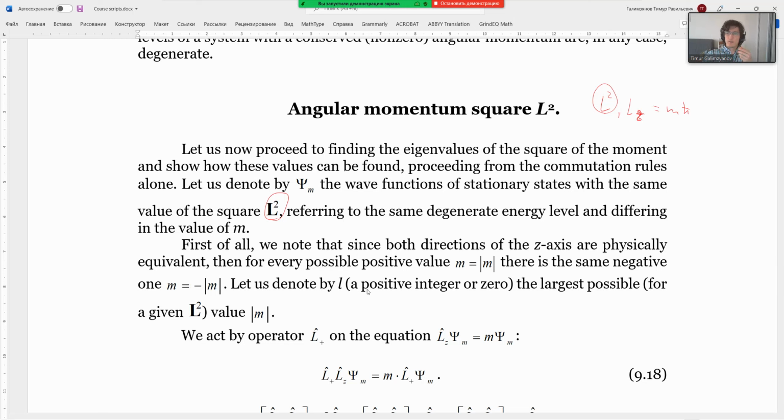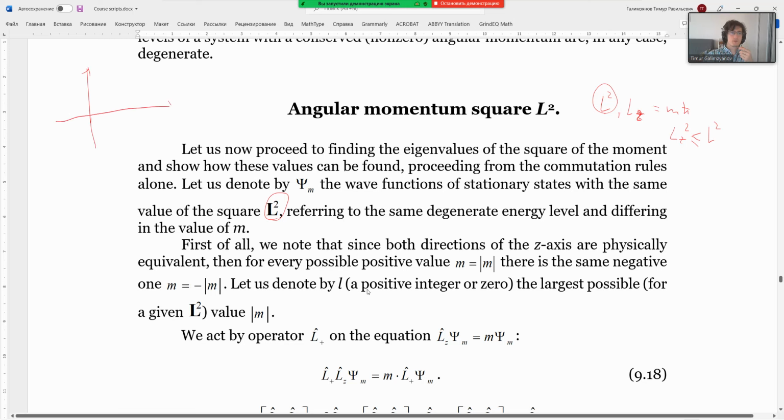You understand that Lz squared should be less than or equal to L squared, because the square of the projection, let's take a two-dimensional system for simplicity,